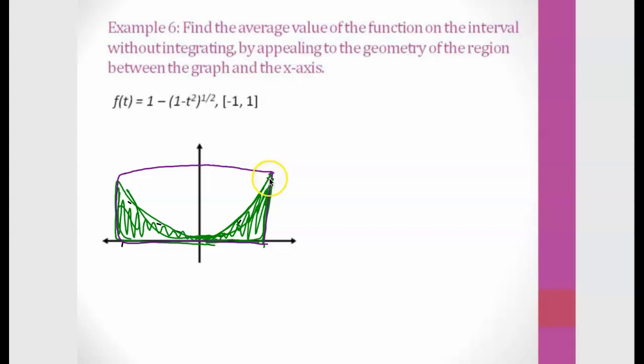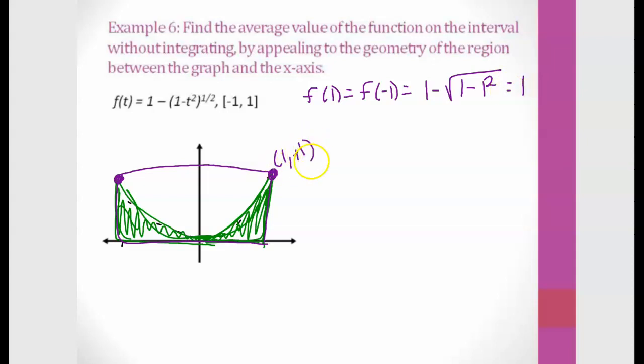So the height of the rectangle would be this point right here, or the point over there. So it's like saying, what is f of 1 or f of -1, which are both equal to the square root of 1 minus 1 squared. 1 minus 1 squared ends up becoming 0, square root of 0, 0 equals 1. So both of my endpoints are at a height of 1. So that means the area of our rectangle,